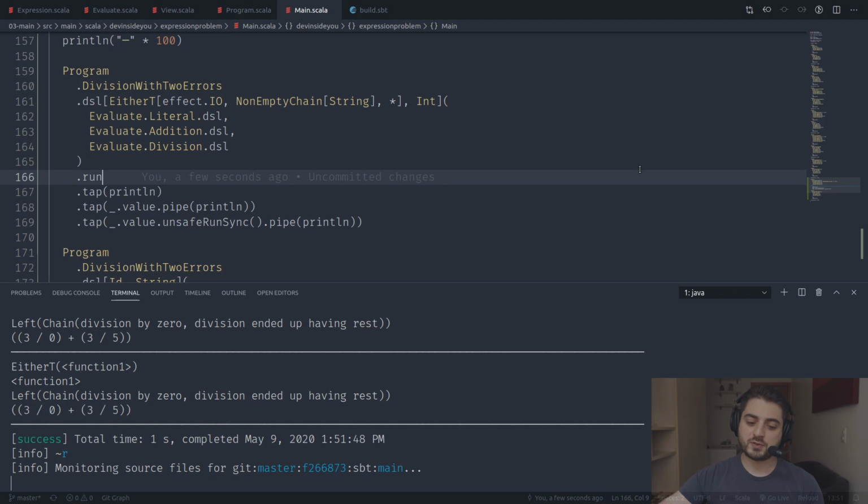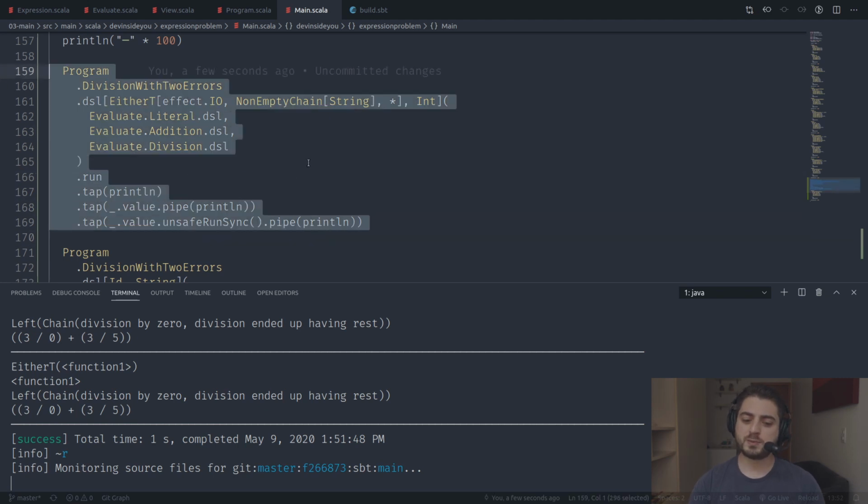MTL stands for monad transformer library. We're probably going to talk about this some other time. I actually don't really want to make a video about monad transformers, because monad transformers are usually frowned upon because they're kind of slow. This thing looks kind of small because we did this change only over here, but this